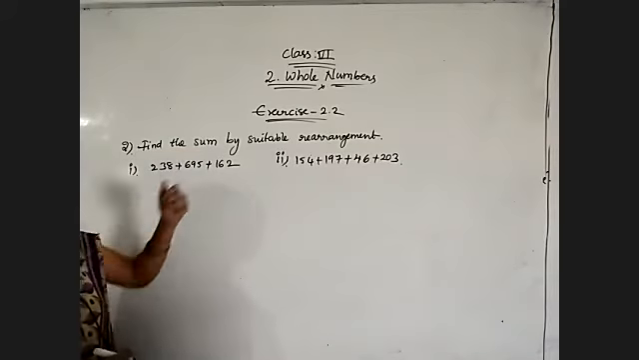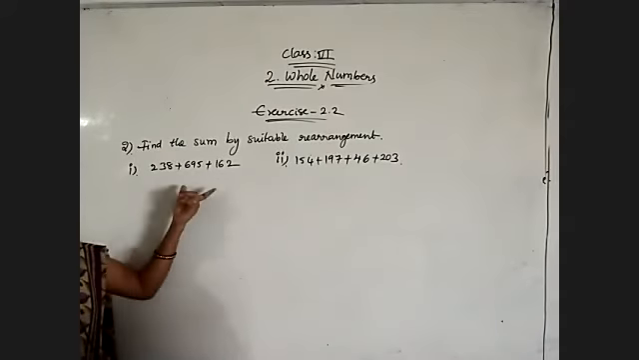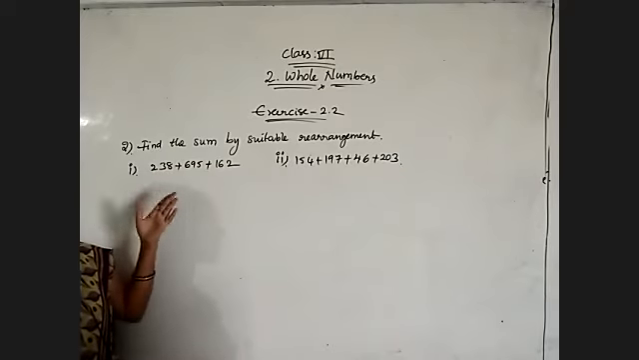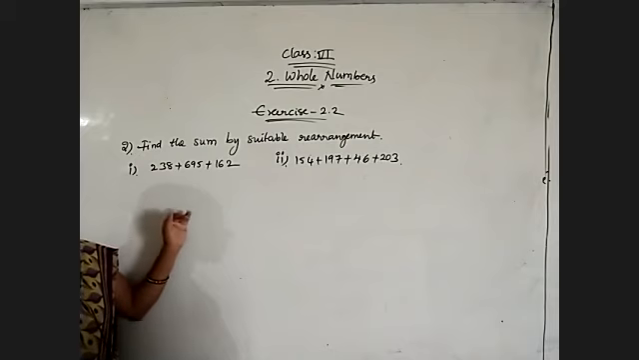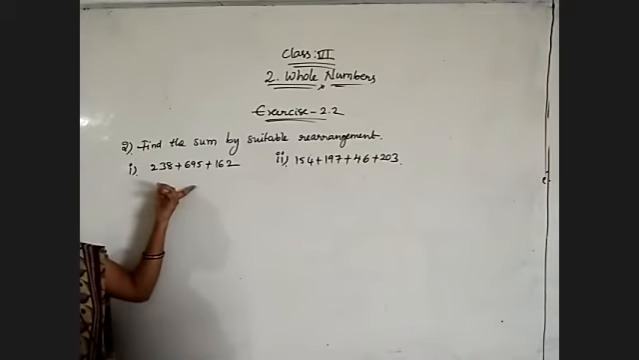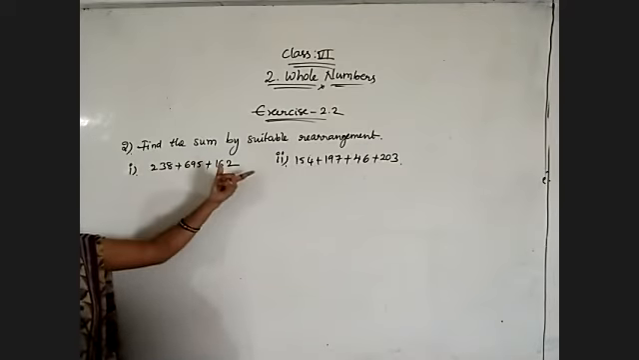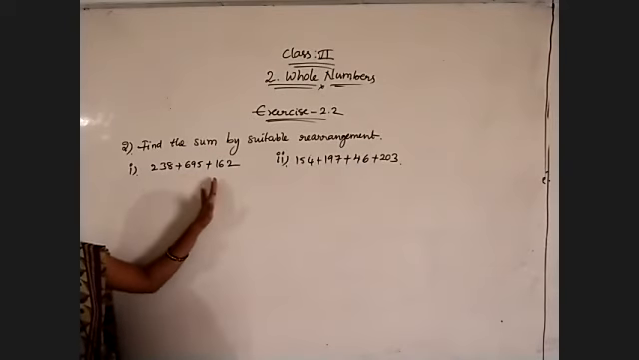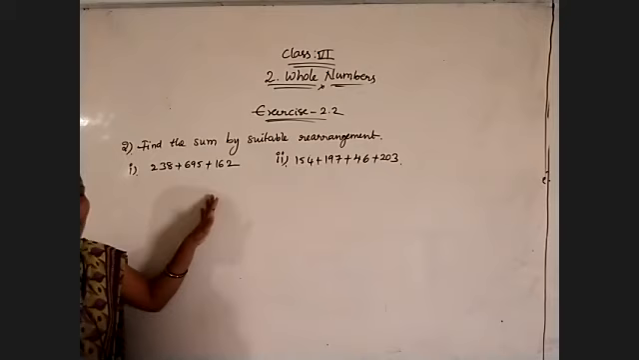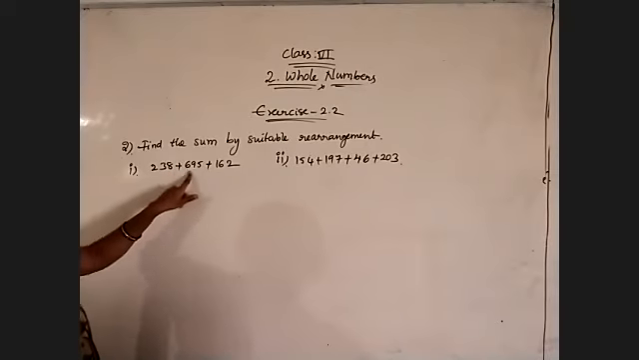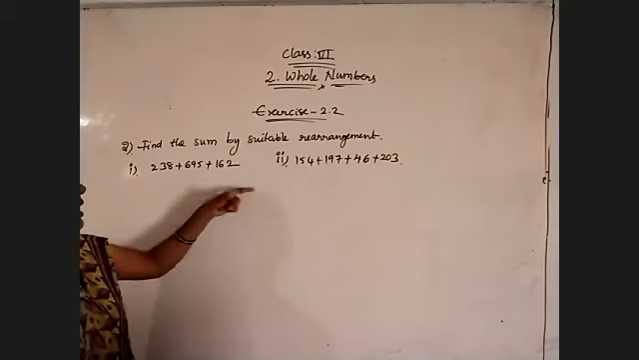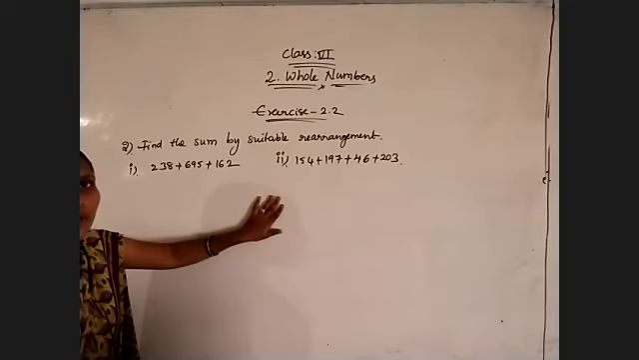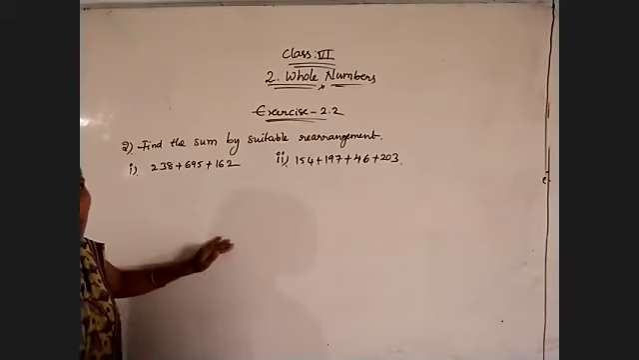Find the sum by using suitable rearrangement. Means we need to arrange the numbers. There is nothing but we need to use the properties. By using the properties, we have to simplify this question. Don't do it directly, because here they have mentioned suitable rearrangement. Rearrangement means we need to change the terms. So as I told you, whenever all plus are there or all intos are there and we have more than 2 numbers,